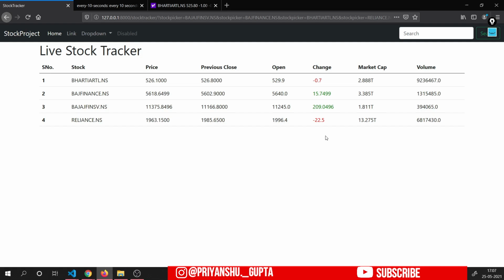So for adding that WebSocket functionality in our Django project, we will have to use the Django channels library. We will integrate Django channels with our Django project, and then use it to send the data that has been retrieved by the Celery worker, because that Celery worker is calling that API after regular intervals. Currently we have set it to be 10 seconds, but you can change that according to your own needs. After every 10 seconds it will call that third-party API, and we will use WebSockets to send that data to the front side.